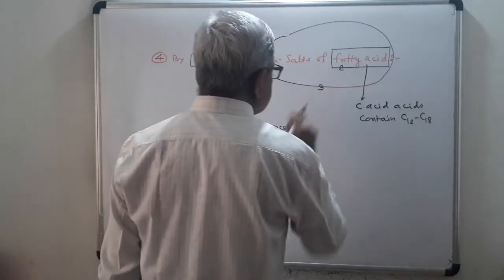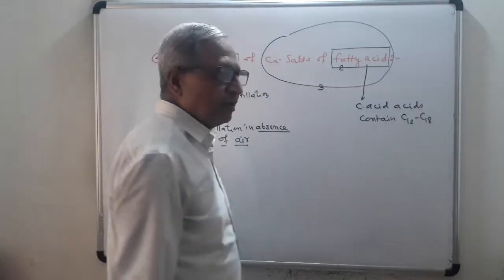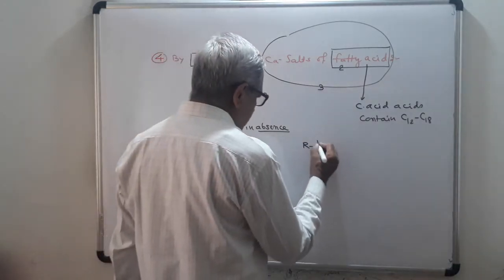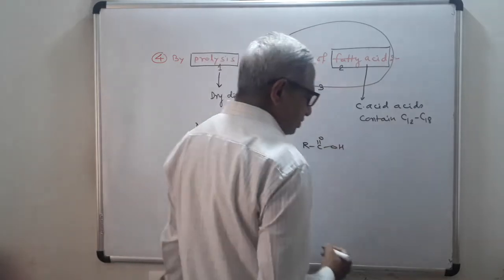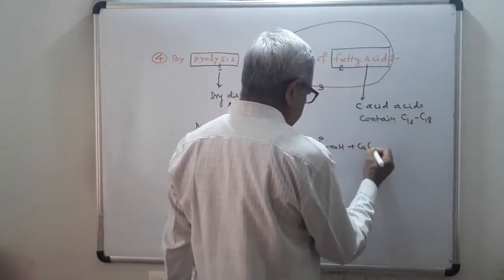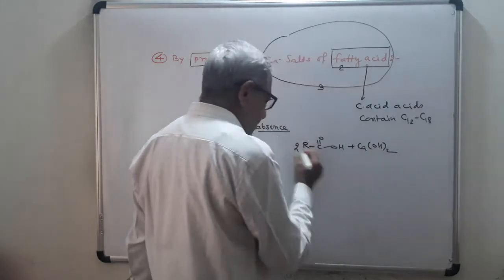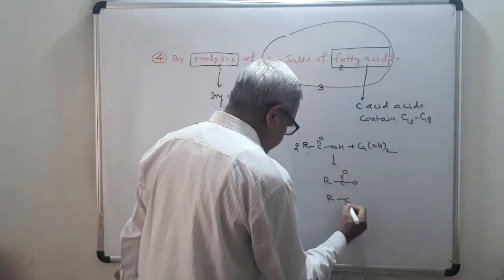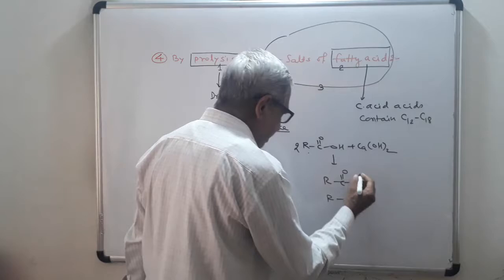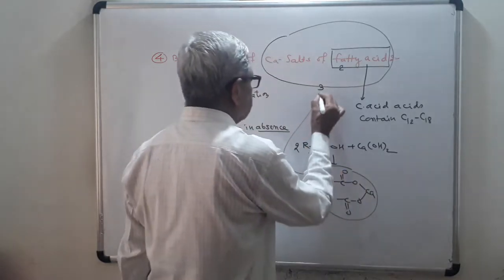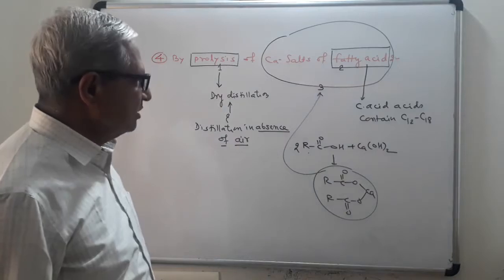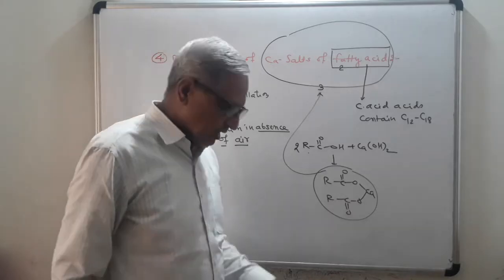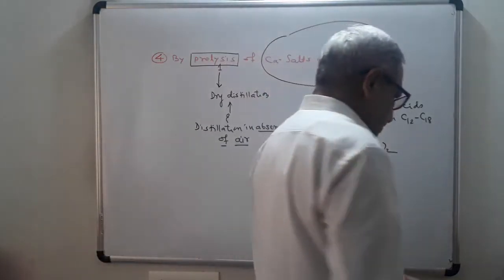Now see here, calcium salt of fatty acids. These are derivatives. Suppose you take RCOOH and do the reaction with Ca(OH)2, calcium hydroxide, where you need 2 equivalents, and you will get (RCOO)2Ca. This is the formula for the calcium salt of fatty acid. This is the answer to the third question. And here R must contain a large number of carbon atoms, that is C12 to C18. So this is the point here.